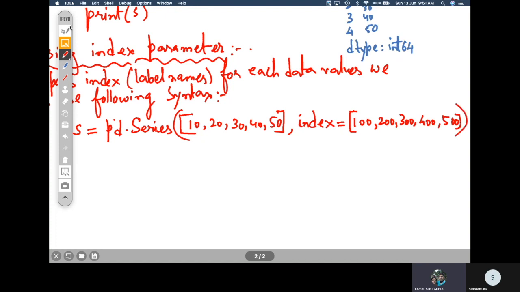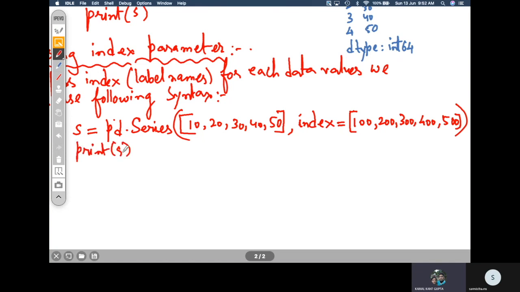Now can you tell me what output it will generate if it is executed? If I write print s, what output will be generated? 100, 200, 300, 400, 500 in the place of 0, 1, 2, 3, 4 as indexes, and 10, 20, 30, 40, 50 as the values, and D type int64. Okay. Good. So this is what we will get, right?